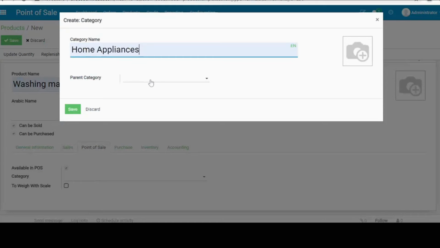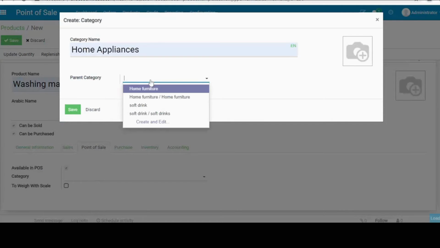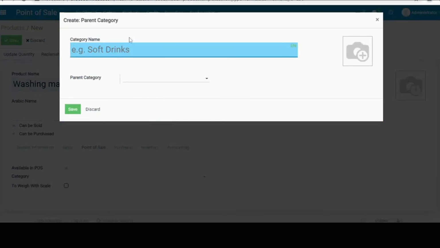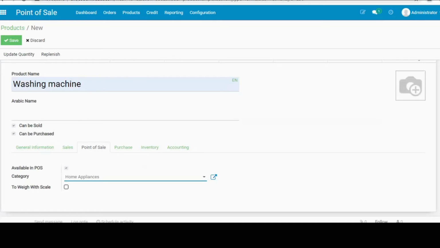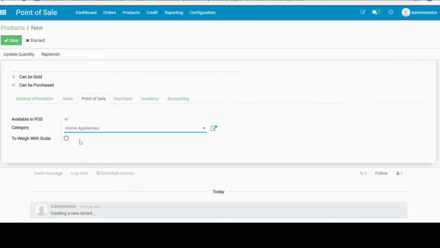Next is parent category. You can create a new parent category like home, also home appliances. You can save the button and create a new category. From here you can see the new category is home appliances, and next you can